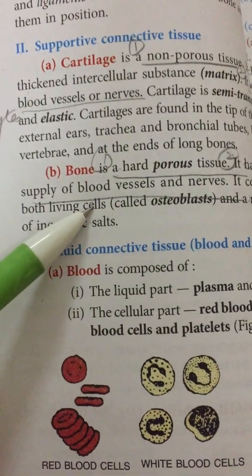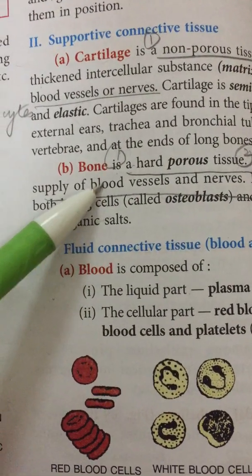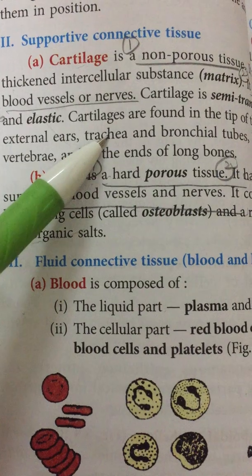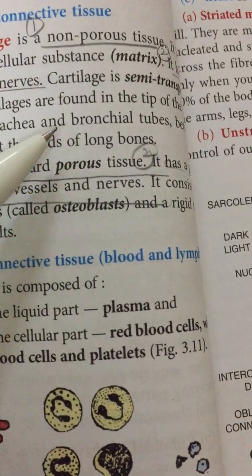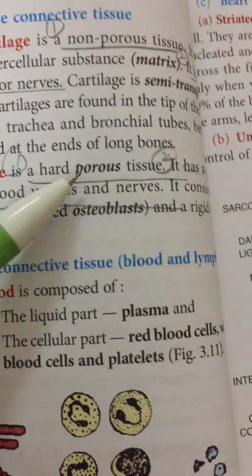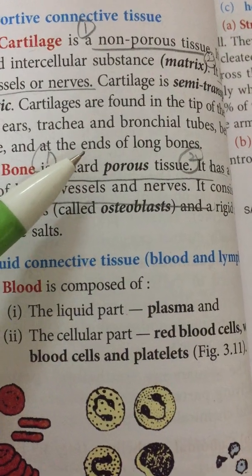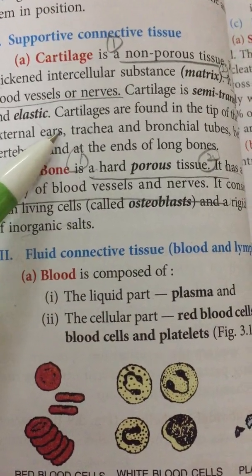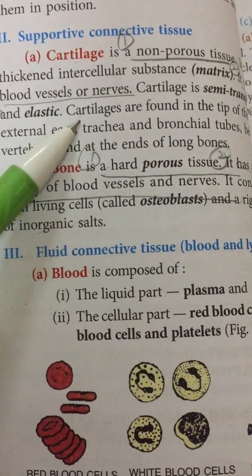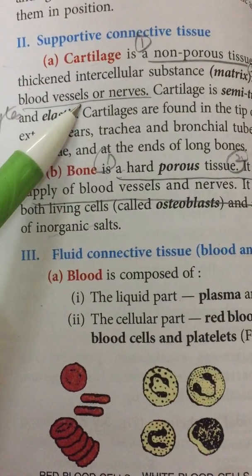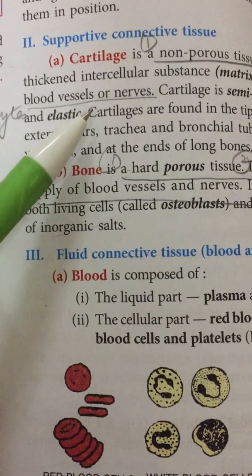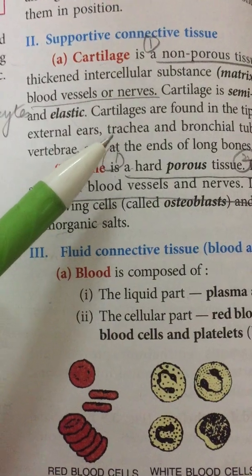Bone is present in the entire body as it forms the skeleton, whereas cartilage is found only at the tip of external ears, in the trachea as rings, in the bronchial tubes giving support to them, in between the vertebra again acting as a cushion, at the end of long bones where also it acts as a shock absorber. So wherever flexible support is to be provided or absorption from shock is to be provided, cartilage is present in our body, and it has no blood or nerve supply. That is why it doesn't hurt that much when we get our ears pierced or nose pierced, because pinna and nose have cartilage in them.